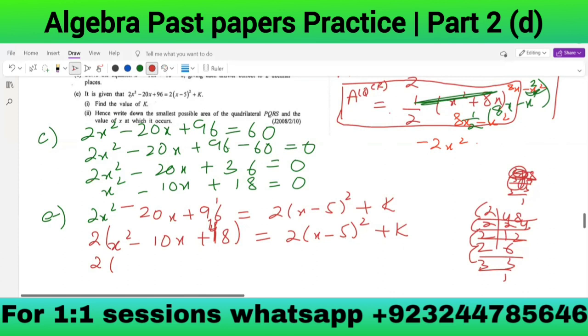This is the question given. Be attentive that 2x square minus 20x plus